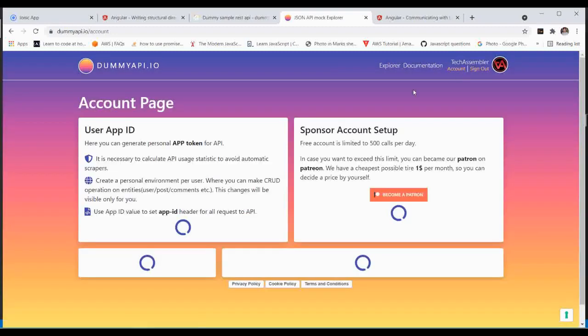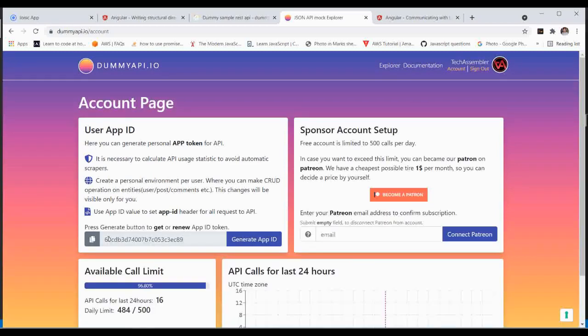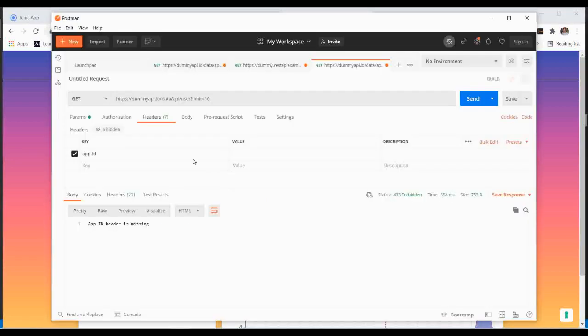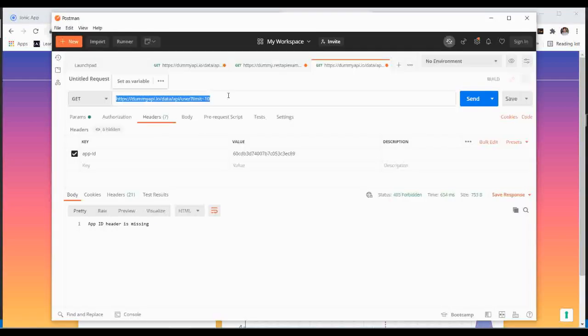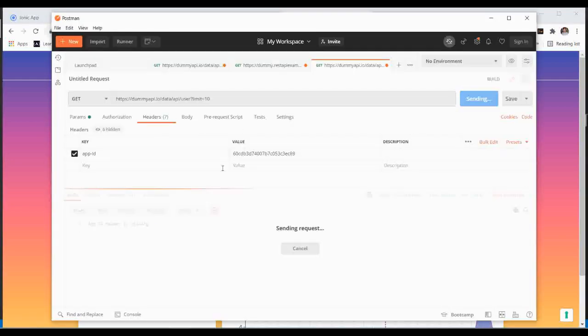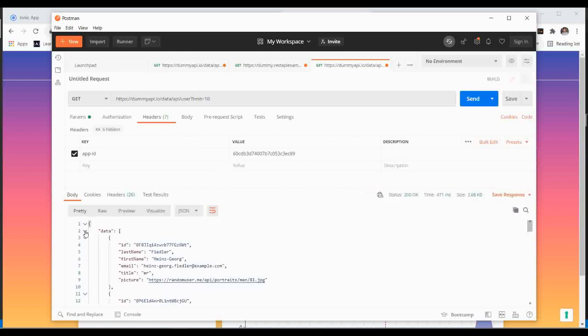When you click over here in your account, this ID is generated automatically. You need to send this ID because that's the validation point, because anyone cannot use this URL. If you are using the URL, it means you have an account in dummyapi.io, so that's why it gives you a token to verify that it's an authenticated user. So here I have the data. This data also contains the URL of the picture, because that's what we are going to show inside our list. So if I just copy this,